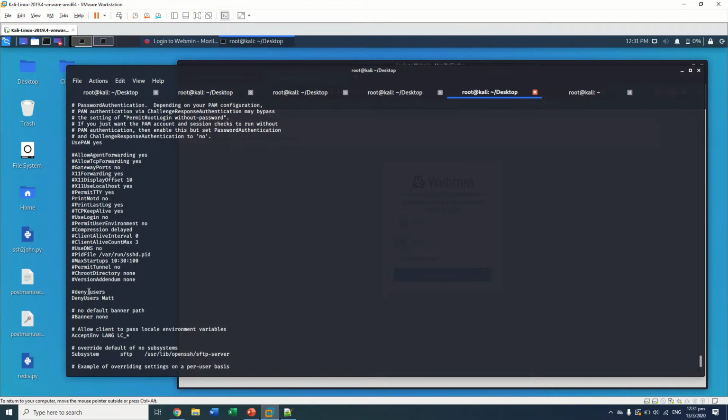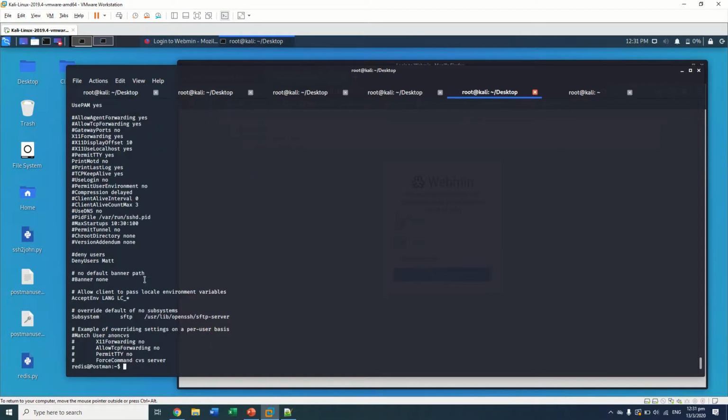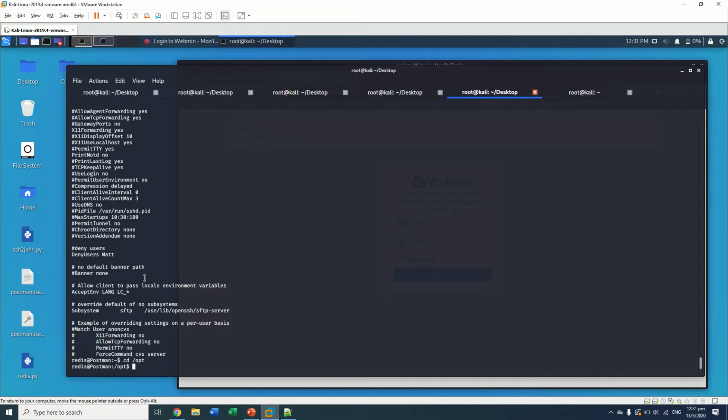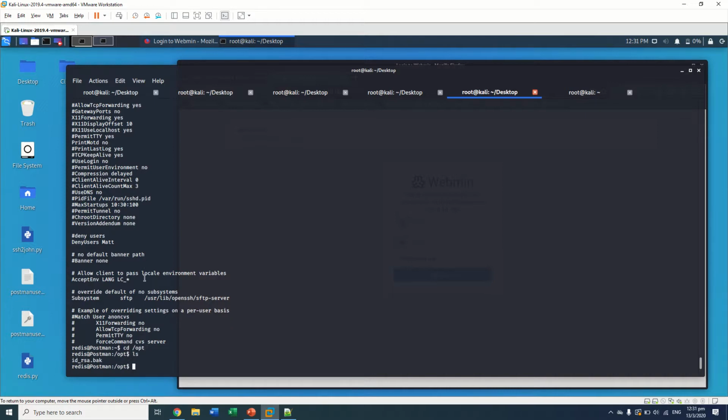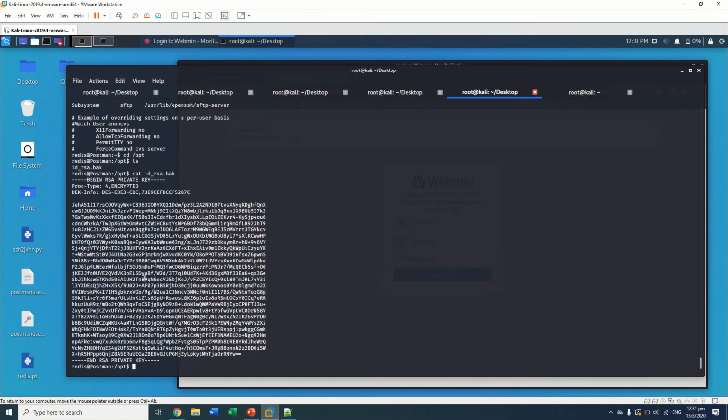But over here we see DenyUsers, we see DenyUsers Matt, which means that probably even if we get his SSH key and we can't modify the SSH daemon, we probably can't log in using Matt through SSH. But anyway, let's go to the opt directory and then just ls, just cat the id_rsa.bak file, and then